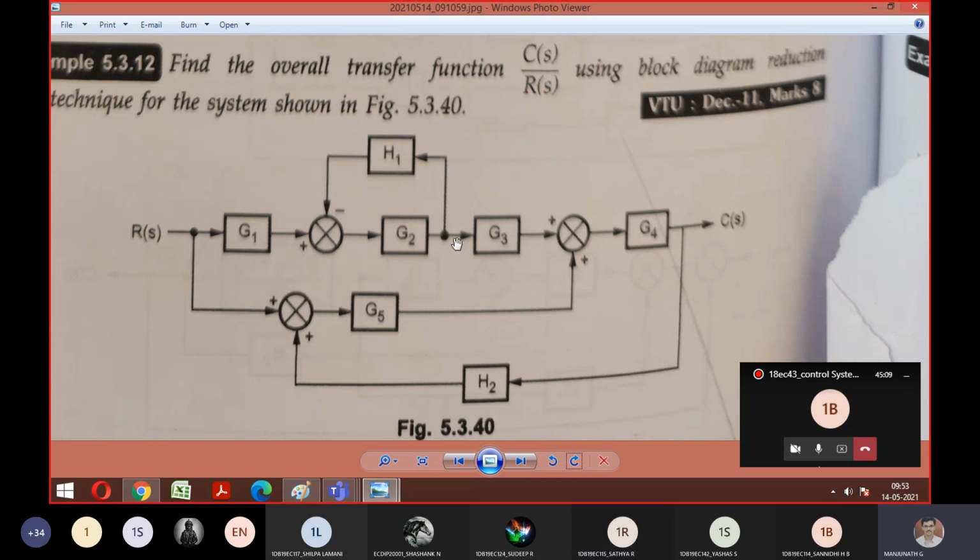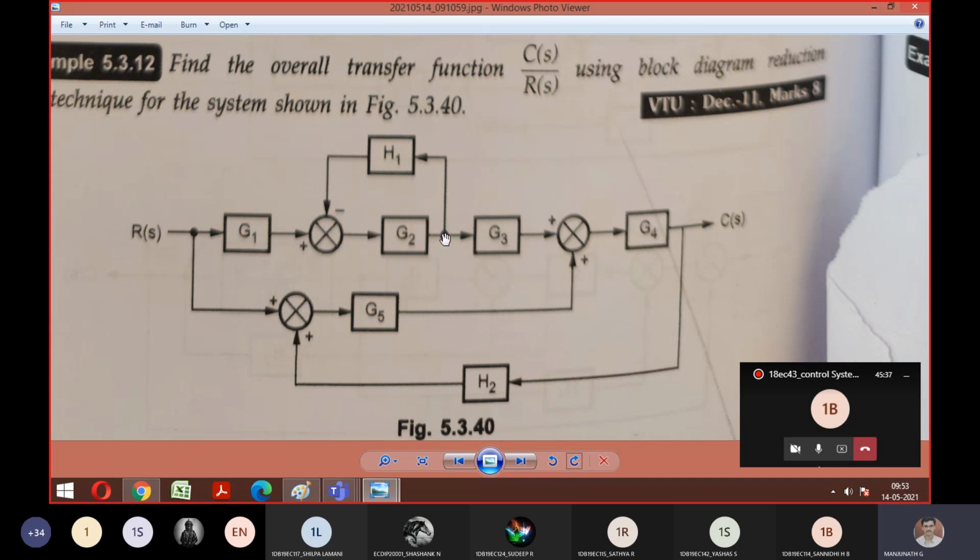Yes, sir. Tell me what all the possibilities are there. First, check out directly anything can be done. H1. Good. So J to H1 is a feedback path. I mean elimination. So rule number 9, elimination, you can implement. That is step number 1. Good. Next, that answer is going to be cascade with G1 and G3. So this block is going to be 1. So this complete diagram, what I'm moving the cursor on, is gone with one single answer.